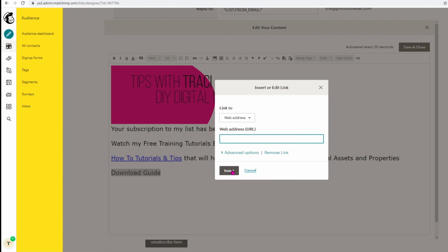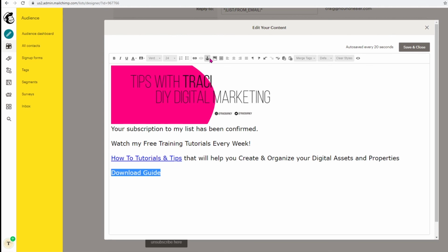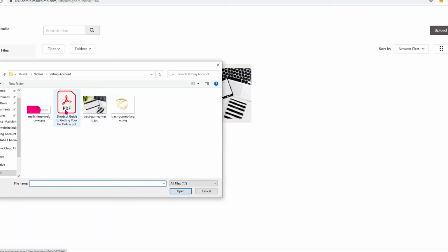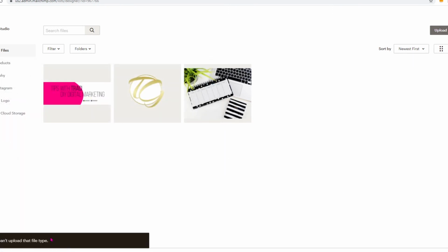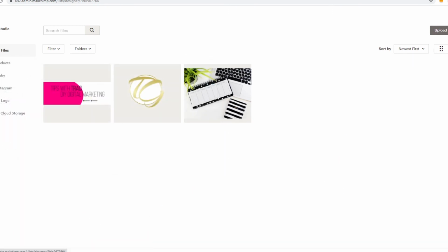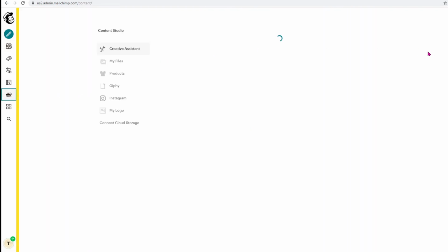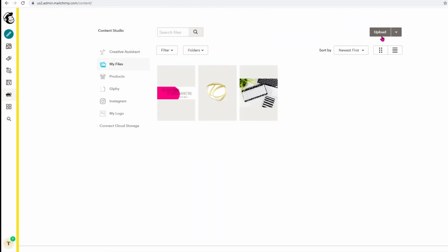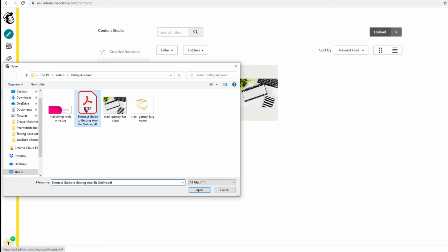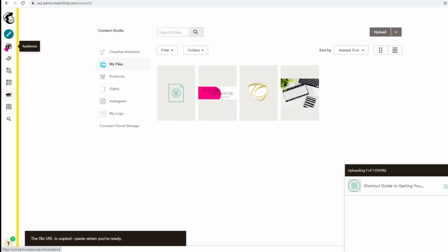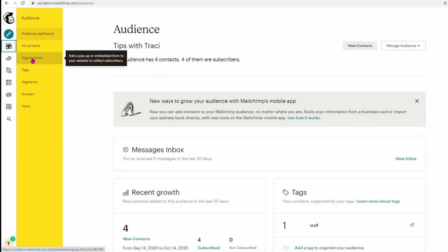I can't insert it here. The workaround is you cannot insert a PDF here. If I try to upload the PDF, it will not allow me. And so this is what we do instead. We go over here to Content Studio. We go My Files. We hit Upload, click on Upload. And now you can just copy the URL, go back to your audience, back to Sign Up Forms,